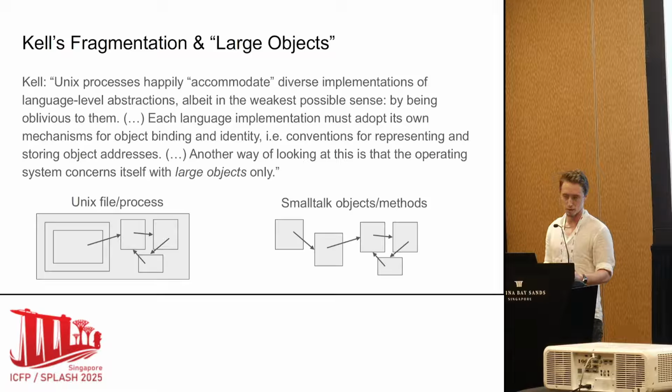In Unix, files and processes are large objects. They're expected to have significant structure inside them, and they all have to encode it in their own way. In Smalltalk, objects and methods can be large or small in terms of how many slots they have, but they all have this dictionary structure provided by the system. Any possible tree or graph structure in Smalltalk is objects pointing to objects. It's just a subgraph of the giant uniform object graph, and nobody except the VM developers needs to think about how to encode it.